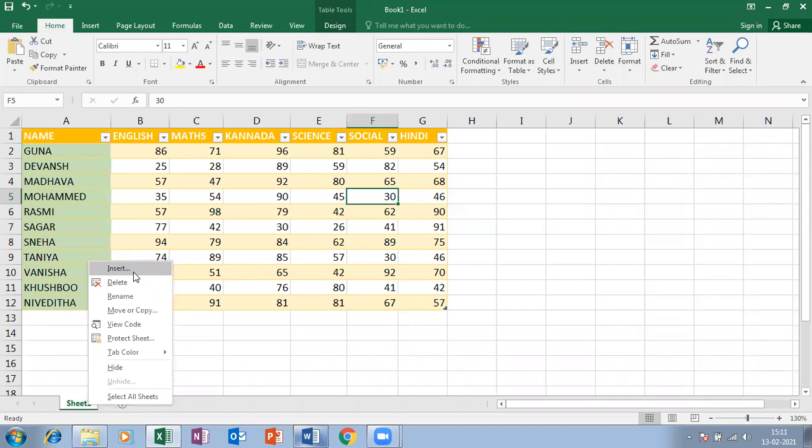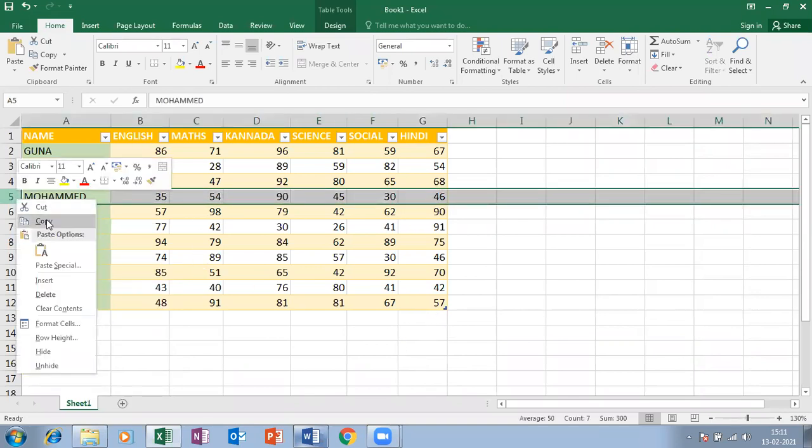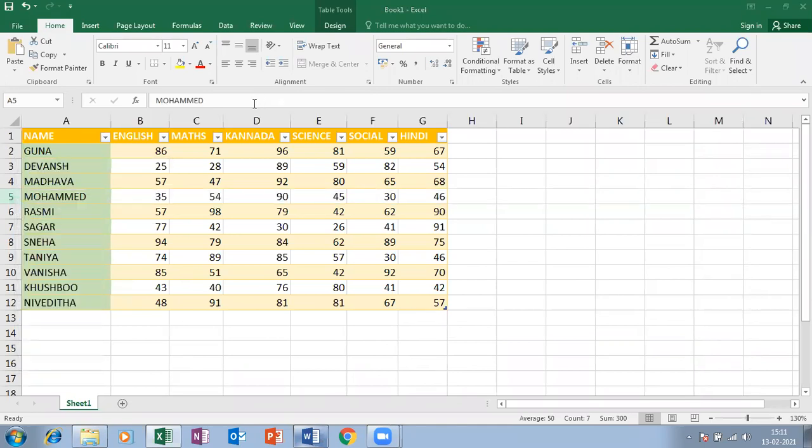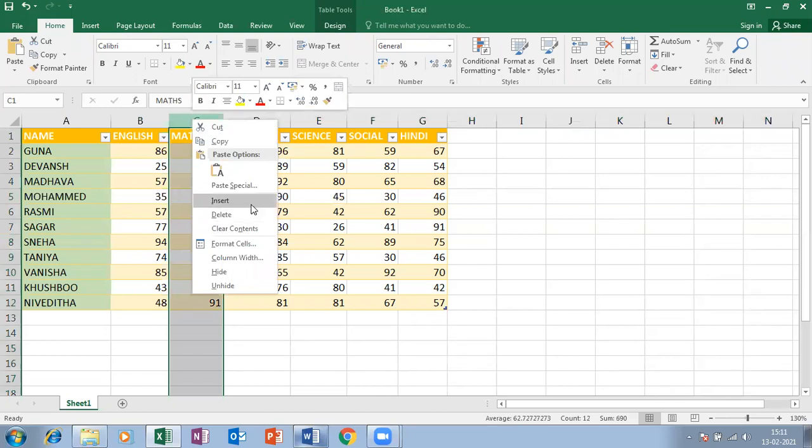Insert, delete, rename, move or copy, view codes, protect sheet, tab color, hide. Is that clear? And then same that when I right click on a row, cut, insert, delete. Again, when I right click on a column, insert, delete.